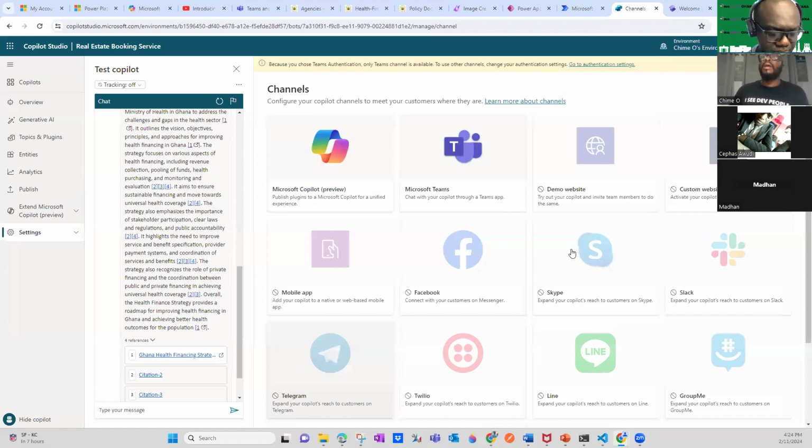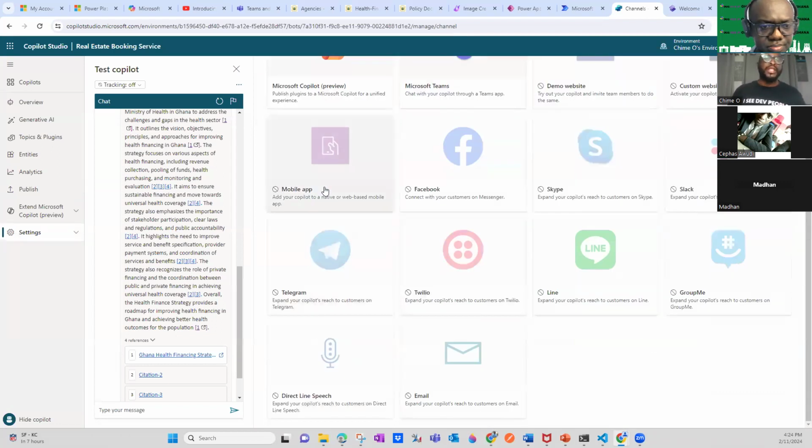But here you can post your bot to Teams and collaborate with your colleagues and users within Teams. You can also try it out on the demo website, or on the console website. If you're using customized mobile applications, you can put it on there. Microsoft is continuously improving these channels, so these are the channels you can test these bots on as well.